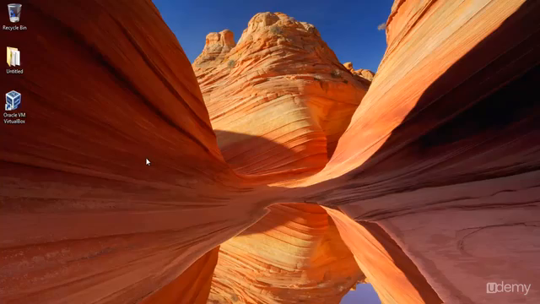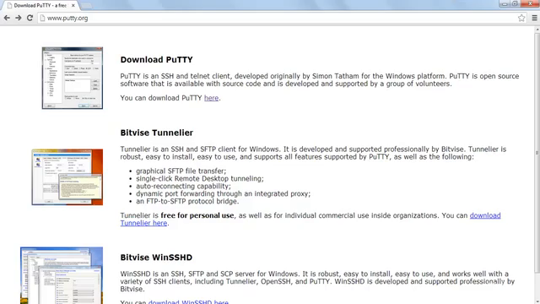In this lesson we will talk about the PuTTY software, and this is the software that we will use to access shell, and it's very necessary if you are working with Windows that you download this software so that you can access shell. You will open this link over here,